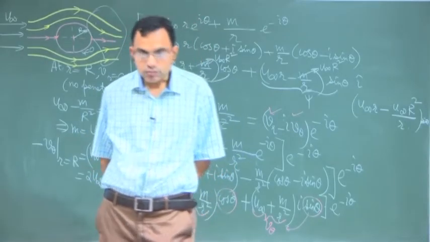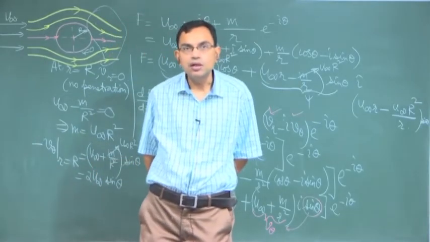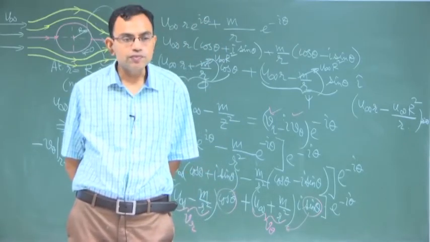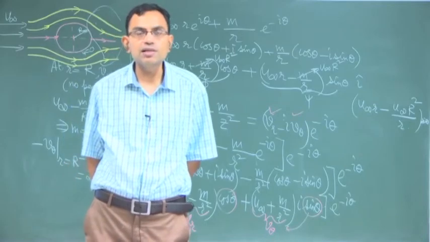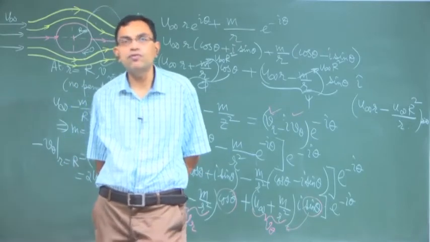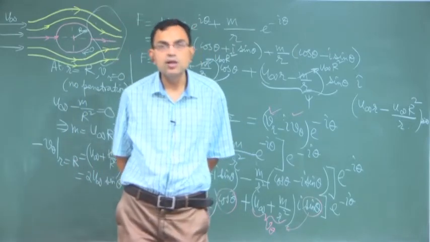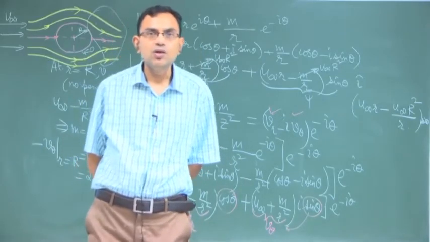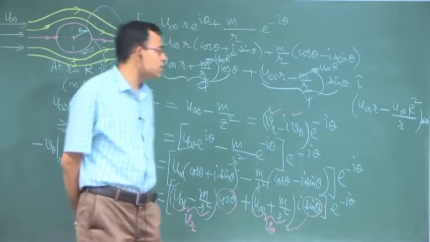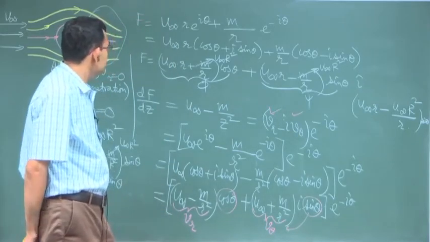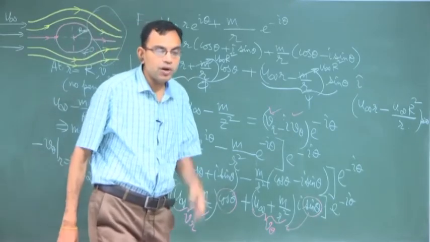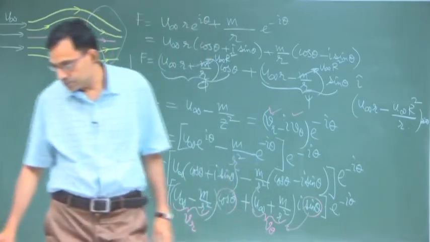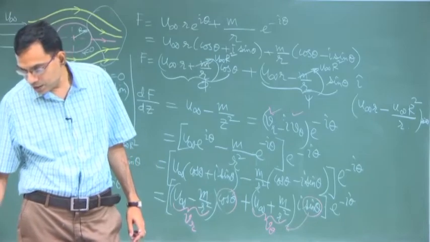In the last lecture we were discussing a simulated potential flow past a circular cylinder by considering a uniform flow and a doublet superimposed together. We will continue with that. We tried to get a sketch of the streamlines around the body. Now we will calculate the pressure distribution around the body.